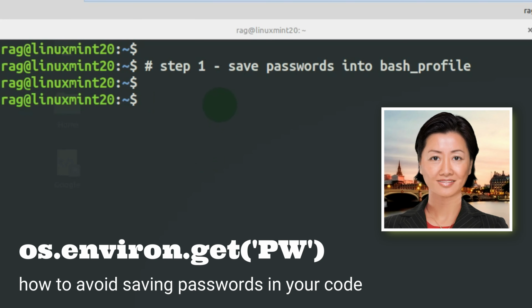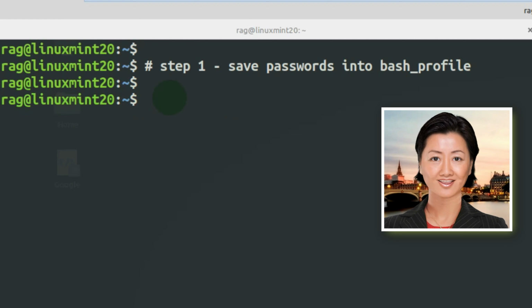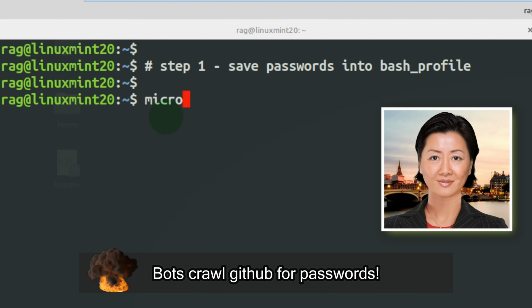Hello everybody, Dr. Pi is busy, so I'm here to introduce this video about using os.environ.get to prevent storing passwords in any of your code. This is especially useful if you save your code to GitHub and don't want the risk of ever having your